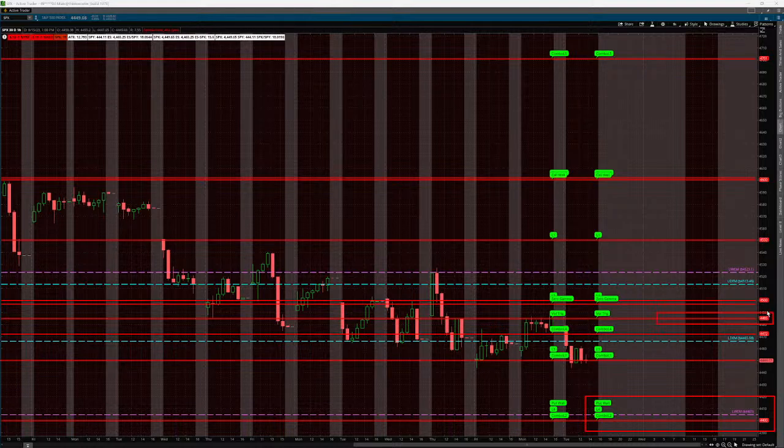And the next level up is the 4,500 level. That is the absolute gamma strike. That's the strike with the largest absolute positive and negative gamma. And then finally, the call wall is at 4,600. So that is the strike with the largest net positive gamma, and that can be expected to act as resistance. So a potential floor at 4,400, potential ceiling at 4,600, and a pivot level around 4,485 to 4,500. So those are the levels in play